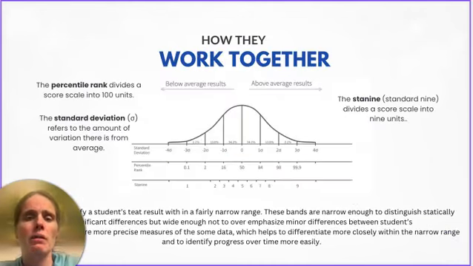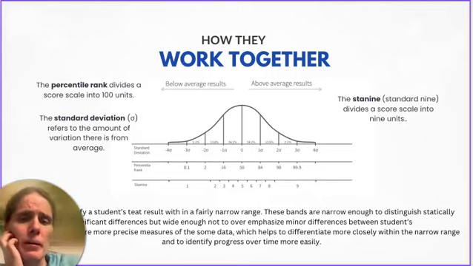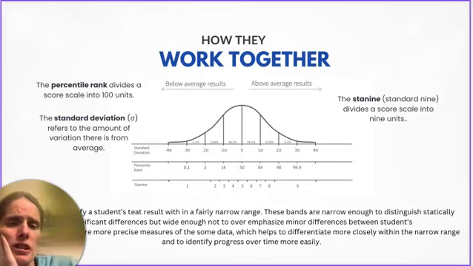I did how they work together. This graph here, you can kind of see how it all comes together. It's all that bell curve. It's all norm reference. The percentage ranking divides the score scale into 100 units. A standard deviation refers to the amount of variation there is from average. And a stanine score divides the score